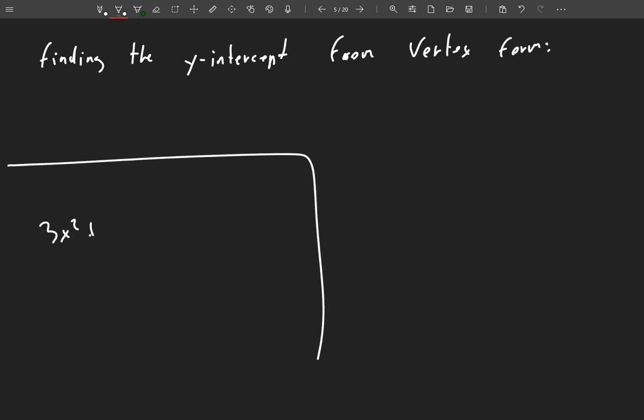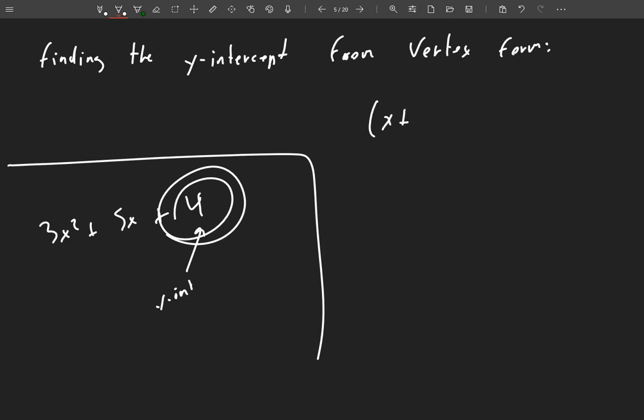If I had, say, 3x squared plus 5x plus 4, this is standard form, right? And we discussed that this c number here is the y-intercept. So if I asked you what the y-intercept of this function is, you would say, oh, it's 4. Done. Easy. But if I asked about this, and I said, let me make it positive, what is the y-intercept of this function, you might be tempted to say 2, because, again, it's